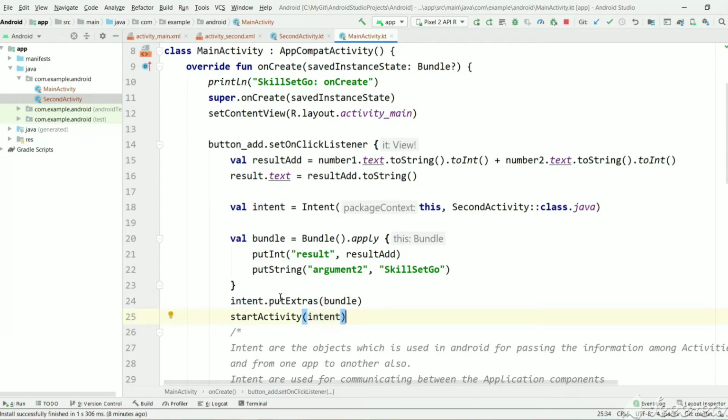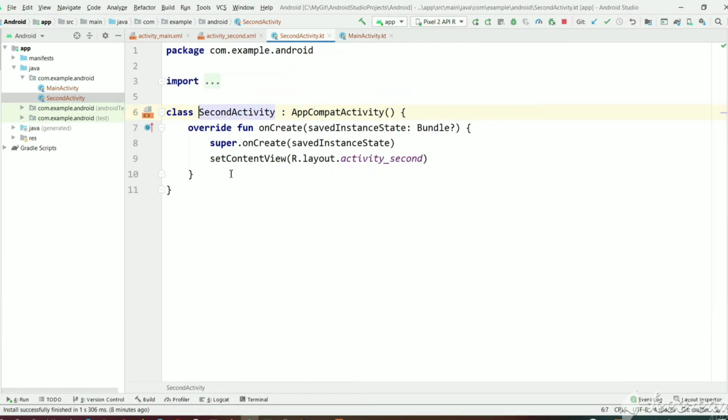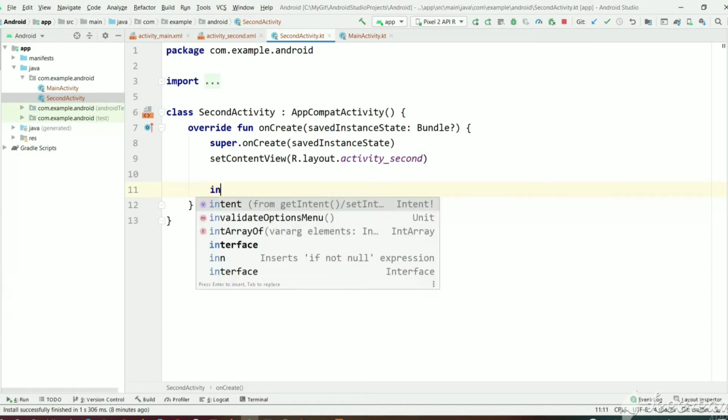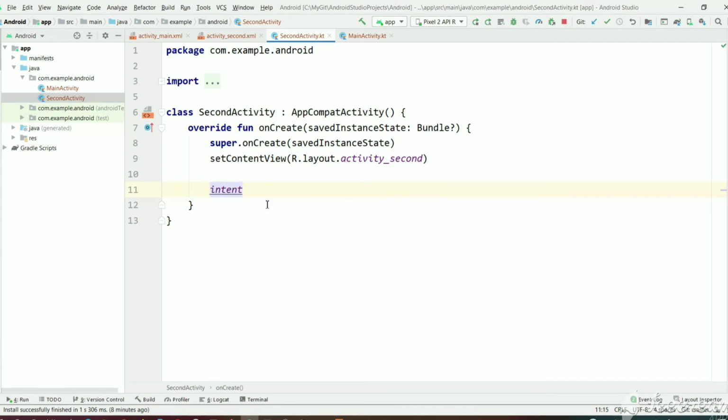Now we can access this bundle of arguments in the new activity. The new activity we are redirecting to is the second activity. So in this second activity, let's access the bundle we have kept in the main activity. First we can access the intent. In Java we use a get intent method, but in Kotlin we can directly use intent, which is equal to get intent.